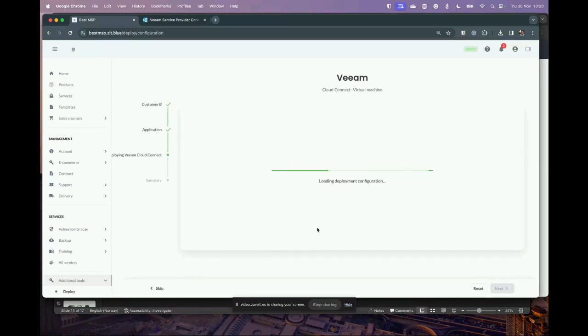This will take a couple of minutes, and what it's actually now doing is communicating between the platform, taking the information about the customer that bought this service and communicating with the Veeam Service Provider console, creating the tenant, generating the licenses, and actually providing that to the customers. So let's come back to this screen in a couple of minutes, but while we wait for that deployment, let's look at how you as a service provider actually do the integration into the Veeam Service Provider platform.